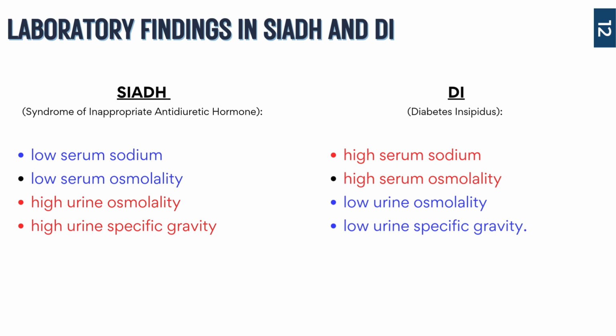So if you see the screen, the blue means dilution, the red means highly concentrated. So serum is blood, urine is urine. Okay, so in DI, the serum, the blood, has a high concentration. So it is not diluted, it is concentrated. The urine, because we're peeing everything out, is, what is it? If you said diluted, you're right. Okay, so low urine osmolality, low urine specific gravity, because the fluid is in the urine, not in the system. I hope that helps, and I hope I didn't confuse you.